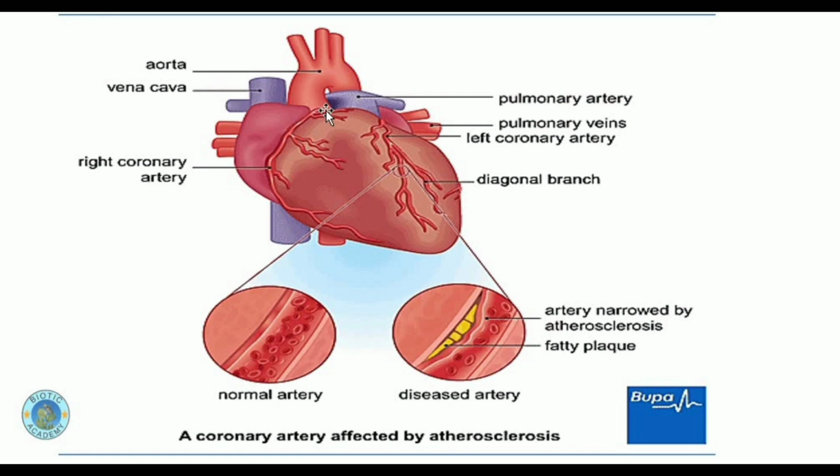What happens if these coronary arteries get blocked, or there is some problem in the transport of the blood? That leads to an angina attack or a heart attack. The blood which keeps flowing in a normal artery starts getting blocked. The flow of the blood gets disturbed because of the deposition of fatty plaque. These plaques are basically the cholesterol and fats which start depositing on the internal lining of these arteries,